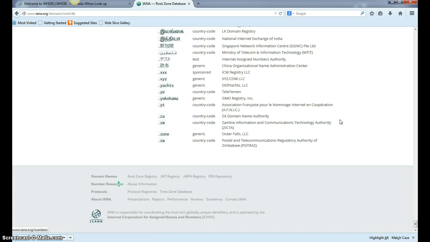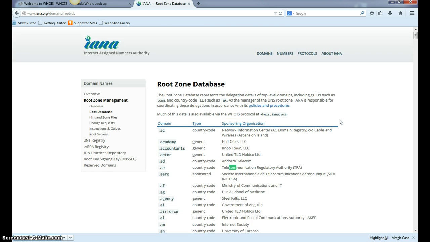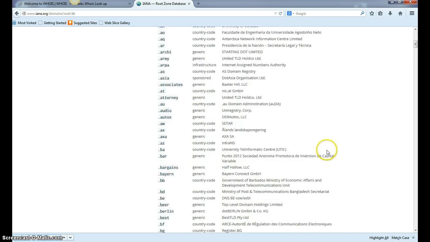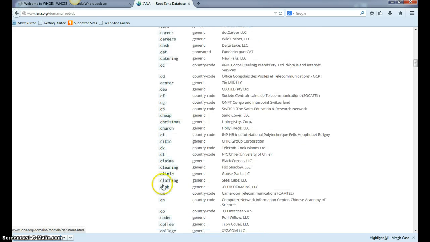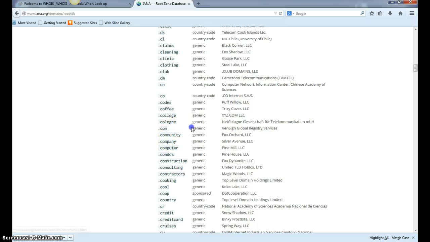First one I'm going to look at in the list is .com. We'll scroll down to .com and see that it reads it's generic, and the authority is VeriSign Global Registry Services. Now that generic is the part that I want to concentrate on here. What that means is basically anybody can have a .com. Therefore, when we are on a website that ends in .com, we want to be very careful about evaluating that source. We want to do a very, very in-depth evaluation of that source.